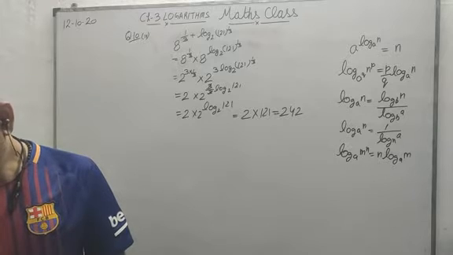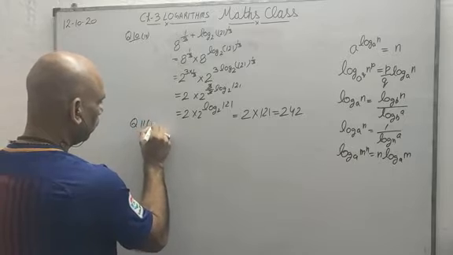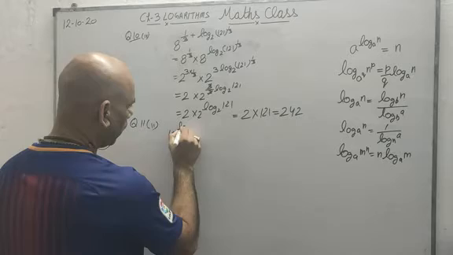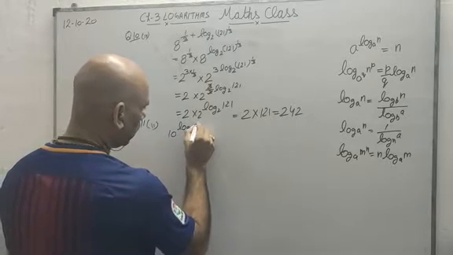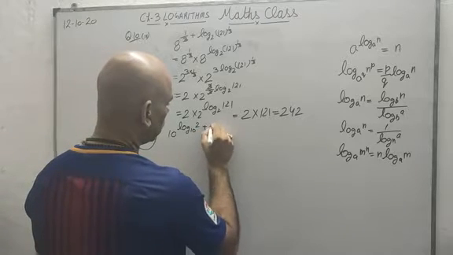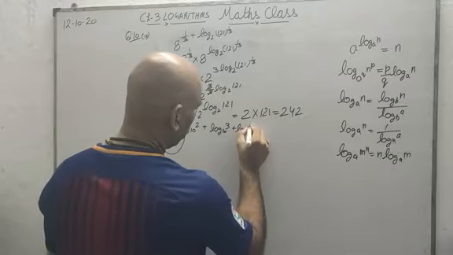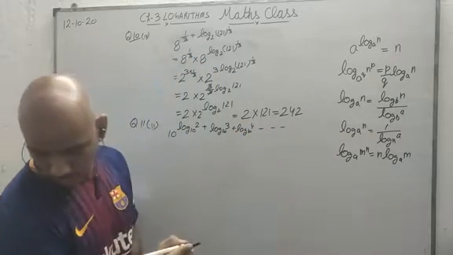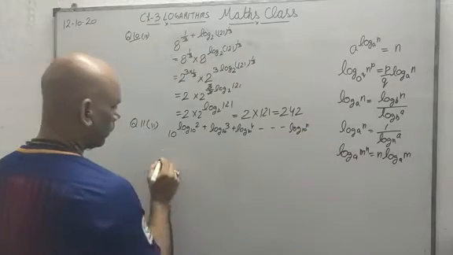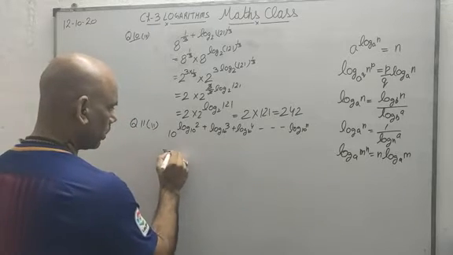Similarly, we can go for the second part of question number 11. What it is saying is 10 to the power log 2 base 10 plus log 3 base 10 plus log 4 base 10 up to log n base 10. Since these are added in the power, they must be in multiplication, so I will write it like this: